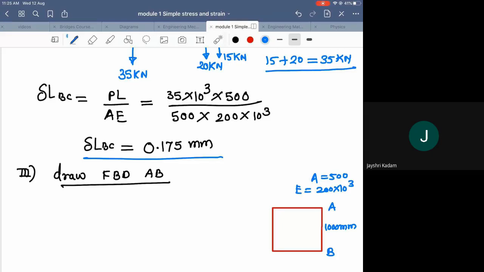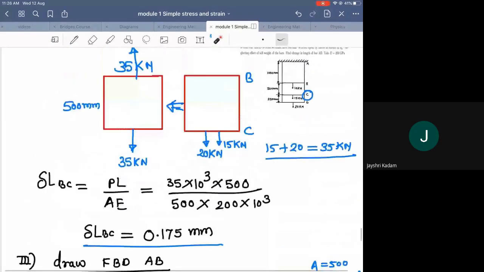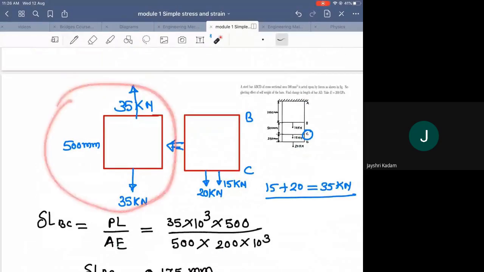So this is the diagram. Now my interest is to show the forces which are acting here. AB, so B is a point. I will concentrate on point B now and observe the upper diagram. B is a common point in the member AB as well as BC. So I will observe the upper diagram and concentrate on this one, because this is the final diagram.